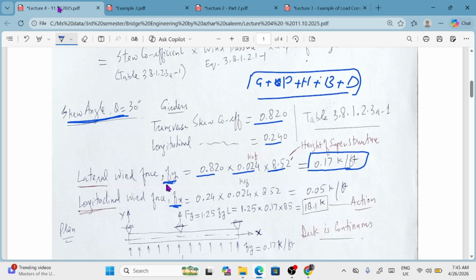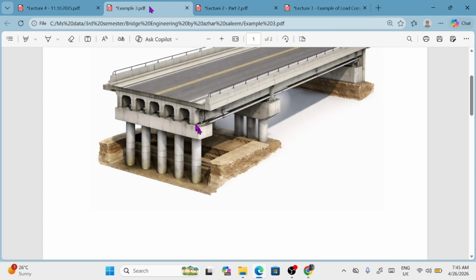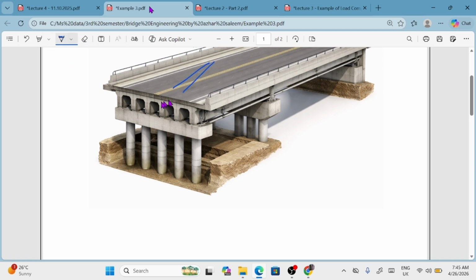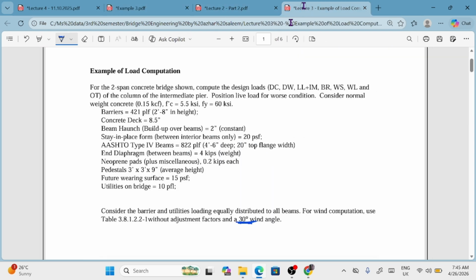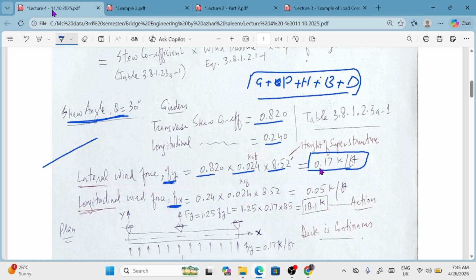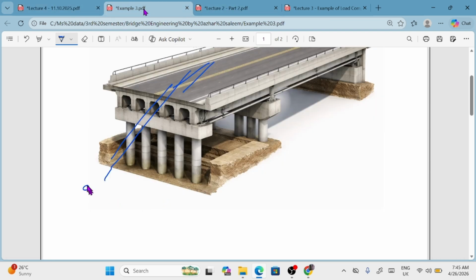Longitudinal wind force is Fx and Fy is transverse or lateral. Fx is longitudinal, like this is the bridge, and in this situation this is the longitudinal direction. The longitudinal value you can see here is 0.17 kip per foot, and transversely it is